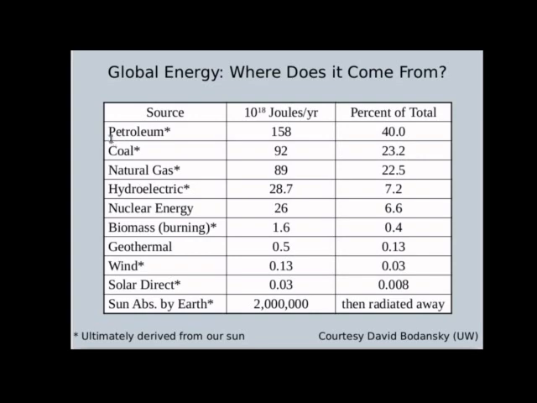So you can think of fossil fuels, which don't seem like they're related to the sun, as being like many thousands of years of sunlight energy, which was used to grow plants originally, compressed into rocks or into oil. So when we burn petroleum or coal or natural gas, what we're doing is we're burning the energy that came ultimately from the sun many years ago, and we're doing it very quickly.